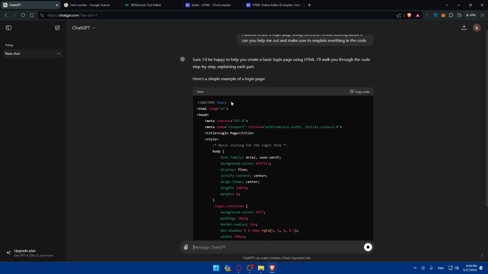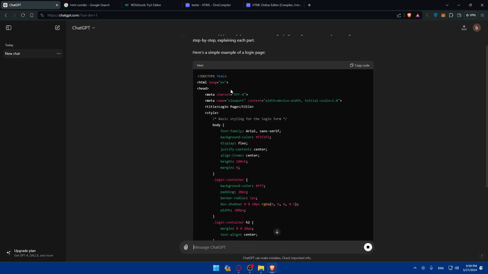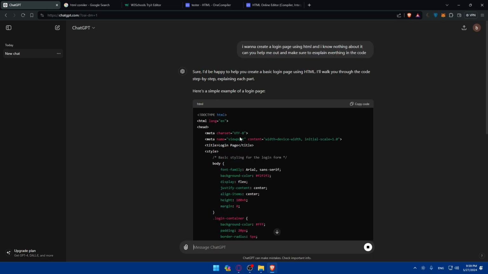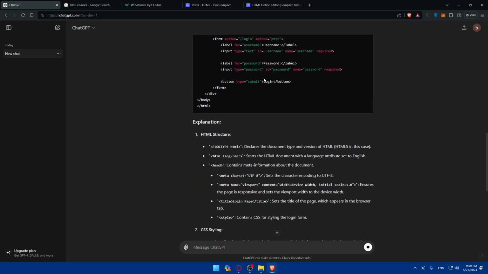So, for example, here, as you can see, he chooses the language and so on. He chooses the character set and so on. Once he finishes, as an example: I'd be happy to help you create a basic login page using HTML. We'll walk you through the code step by step, explaining each part. So here is a simple example of the login page. Once it's finished,